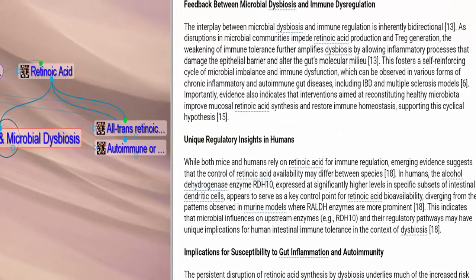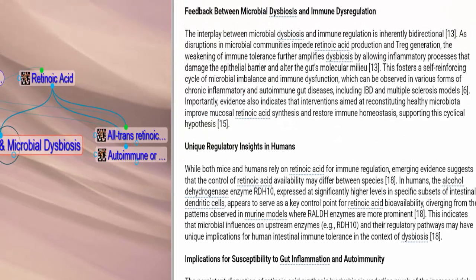So there's feedback between microbial dysbiosis and immune dysregulation. The interplay is inherently bidirectional. A disruption in microbial communities impedes retinoic acid production and Treg generation. The weakening of immune tolerance further amplifies dysbiosis by allowing inflammatory processes that damage the epithelial barrier and alter the gut's molecular milieu. And this fosters a self-reinforcing cycle of microbial imbalance and immune dysfunction,